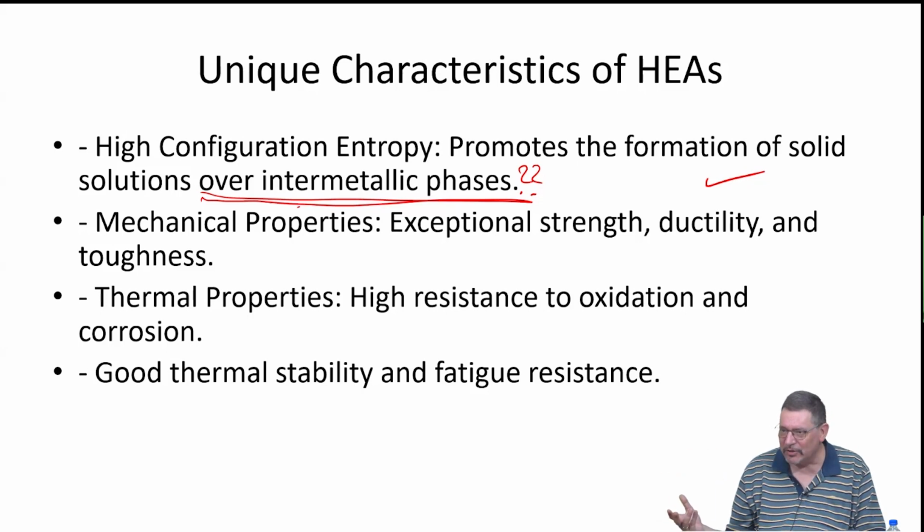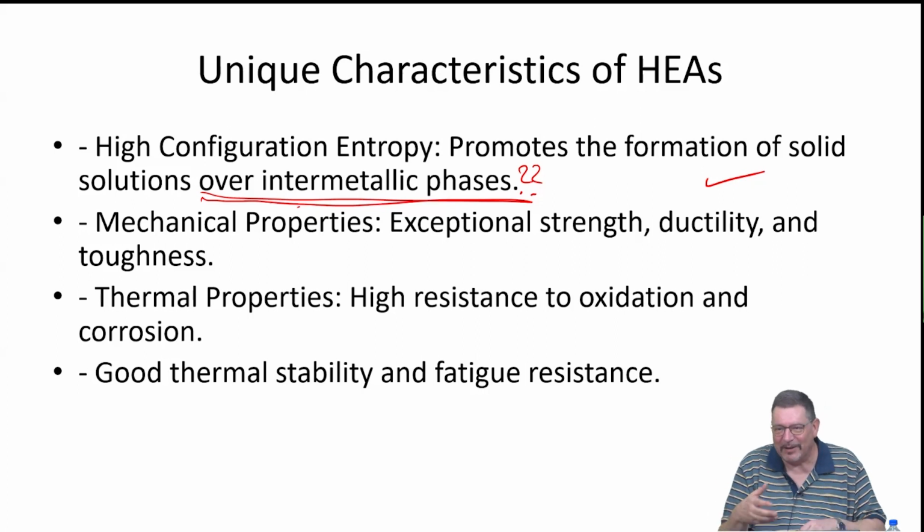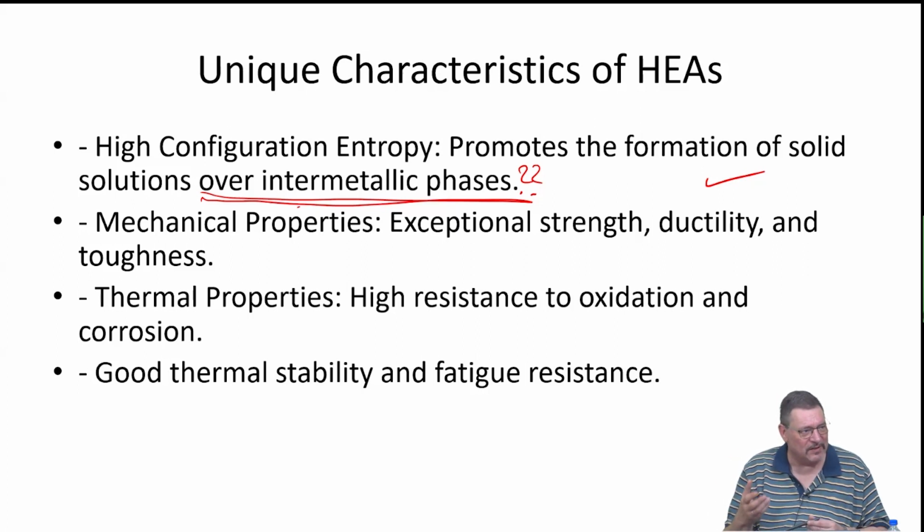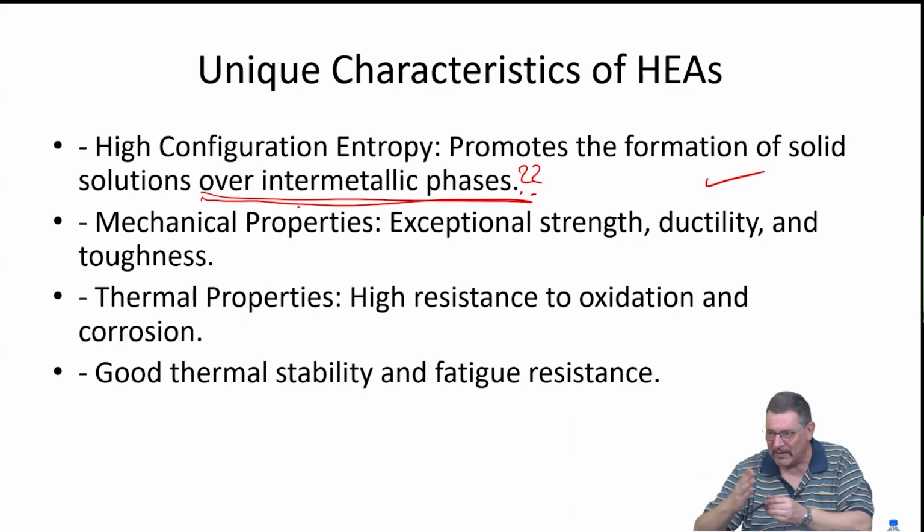And configurational entropy is limited by how many constituents you can mix at rather equal proportion. At some point you run out of elements, so it's maybe 6 or 7 or 8, but then you will probably precipitate out a second phase, and you can no longer calculate the mixing entropy in the same way if you have a new phase. Then you have to do it for each phase separately. So the entropy will go down.